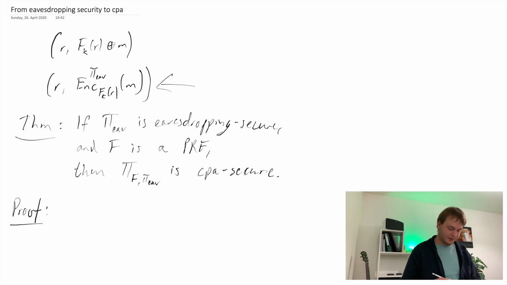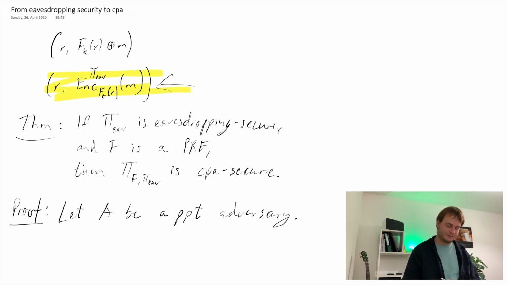So we're doing this as you would think. We start with an arbitrary adversary. Now the first step will be, we'll take the scheme that we have up here and we will replace the pseudorandom function by a properly random function. This makes sense because this is what PRFs do. They behave somewhat like a random function, and in order to be more formal, they are indistinguishable from a random function. So we will replace this pseudorandom function in here with an actual random function.